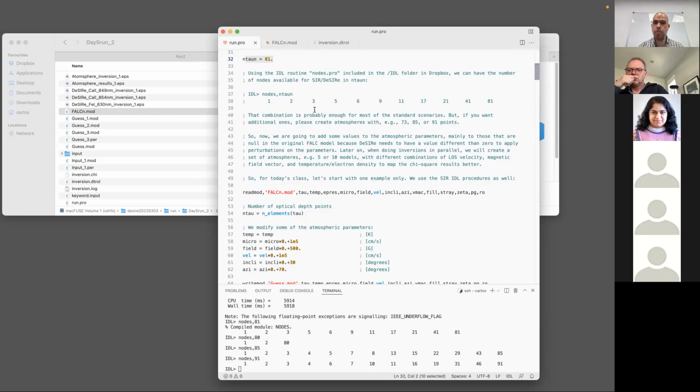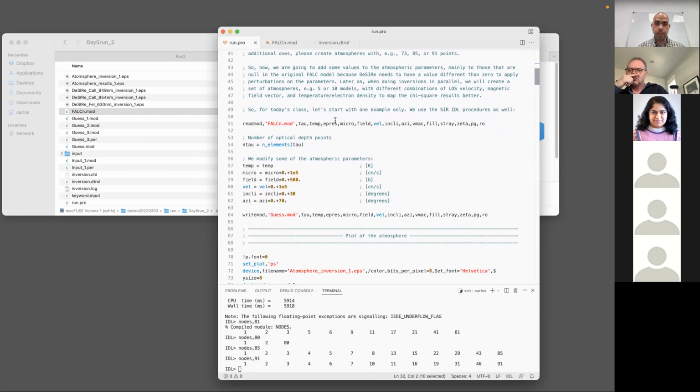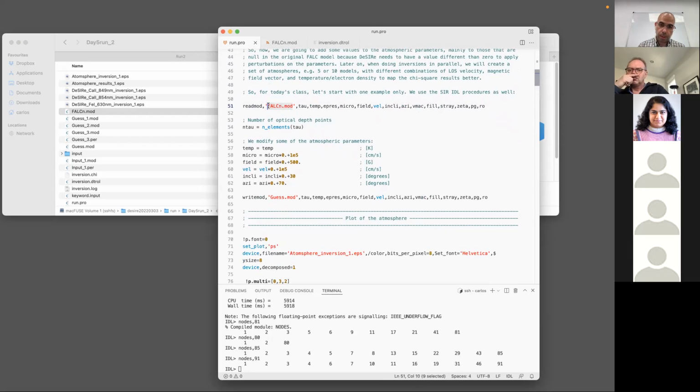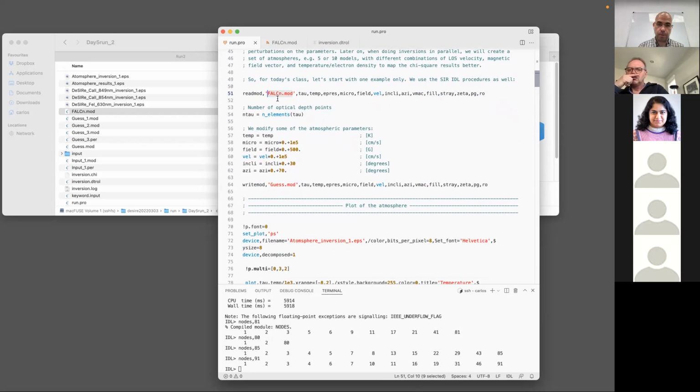Only temperature is the one that we should have always with a complex pattern, because it's how it is. But microturbulence, I recommend you to just keep it flat, any constant value, and then let the code move from there. Okay, so then the original FAL model without microturbulence and cut, I read it, and then